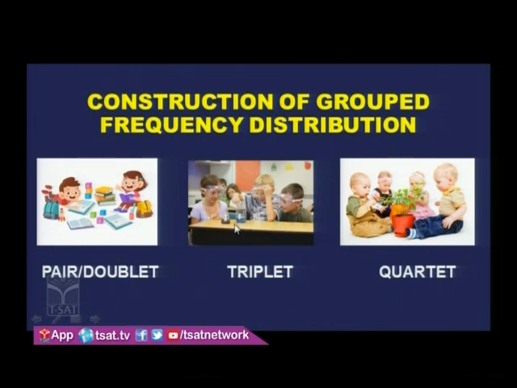And whenever you do experiments in the laboratory, your teacher divides you students into small groups for convenience, isn't it? Here these three students are doing an experiment in the laboratory, and this group of three students is called a triplet. And these four students are sitting and doing some investigation on this plant. Here the group of four students is called a quartet, and especially the students of social welfare know more about this quartet and the leaders of the quartet, isn't it?